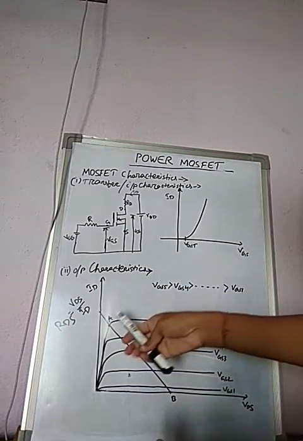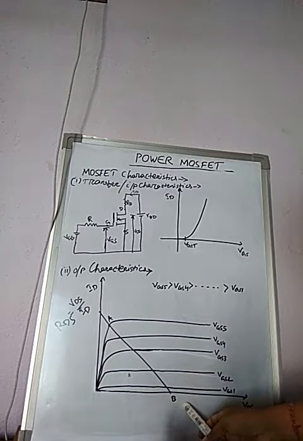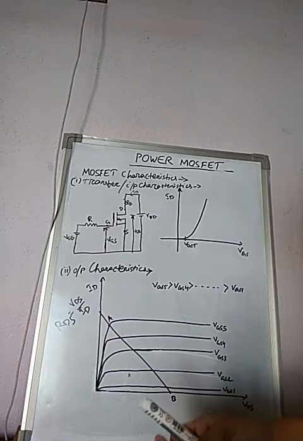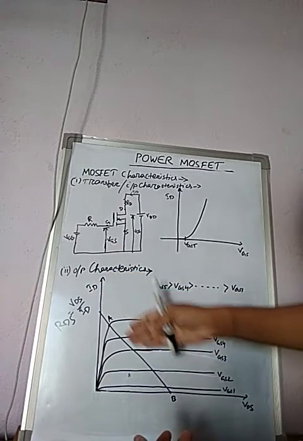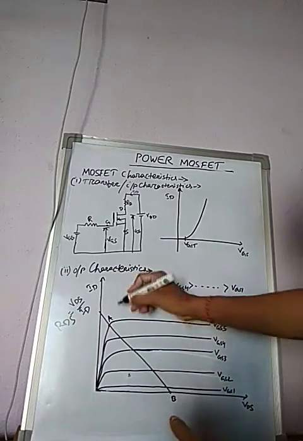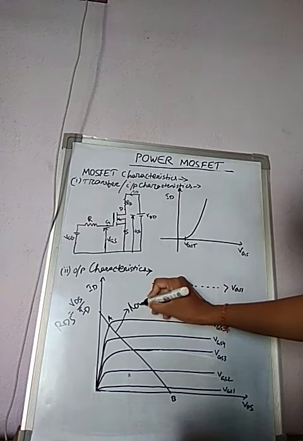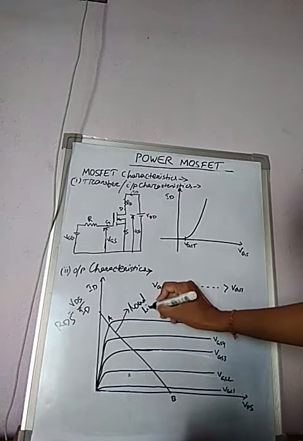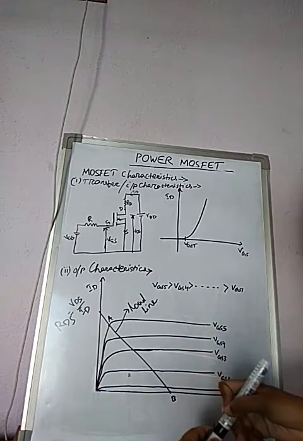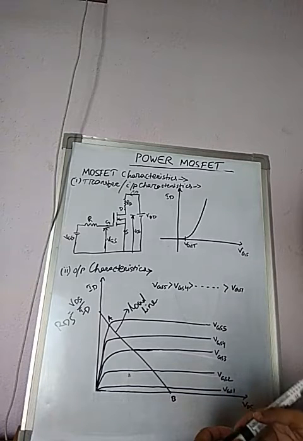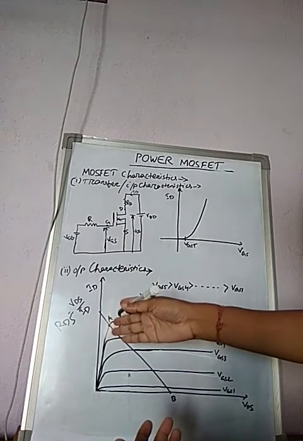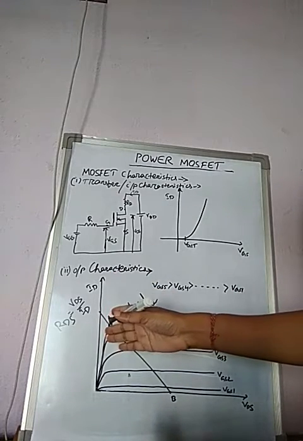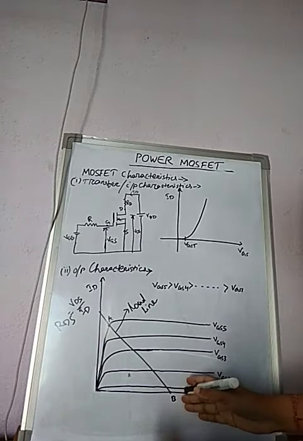So see, here is a point A, here is a point B. Okay, so joining these 2 points gives you a load line. Load line is a locus of all possible operating points, which I already told you in BJT section. Okay, so here A indicates fully on condition and B indicates fully off condition.